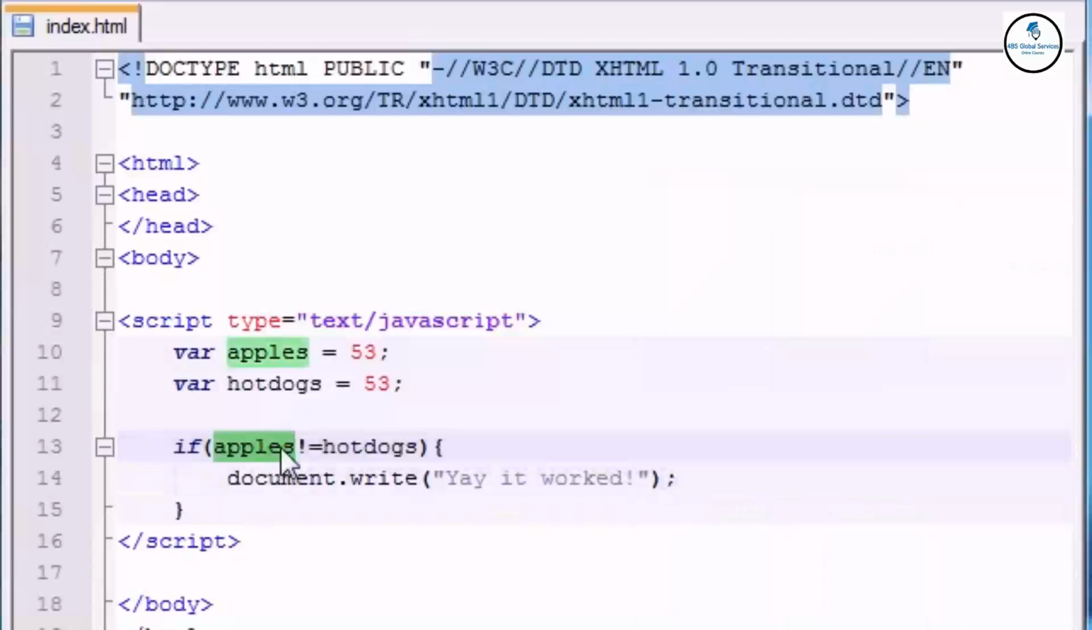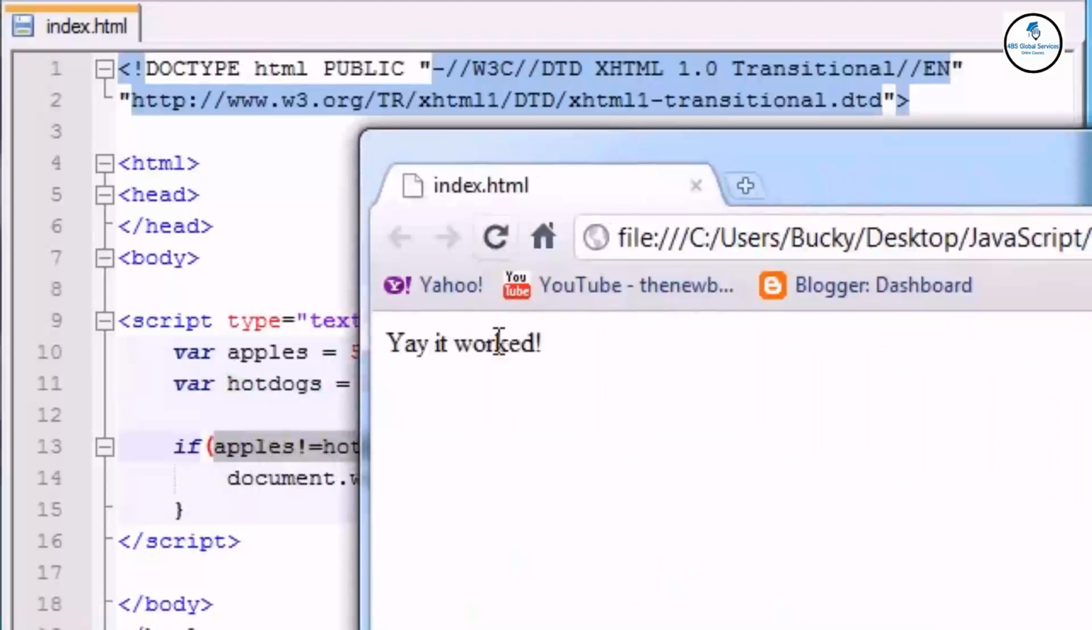Nothing happens right here. So why is this false? Well, does apples not equal hot dogs? No, they do equal each other. So it's false. So this is a way of saying, alright, if apples is not equal to hot dogs, do this. So when exactly will this print out? Say you had 53 and 99. Well, now they don't equal each other. So this statement is true, and since this is true, I'm going to go ahead and print this out,